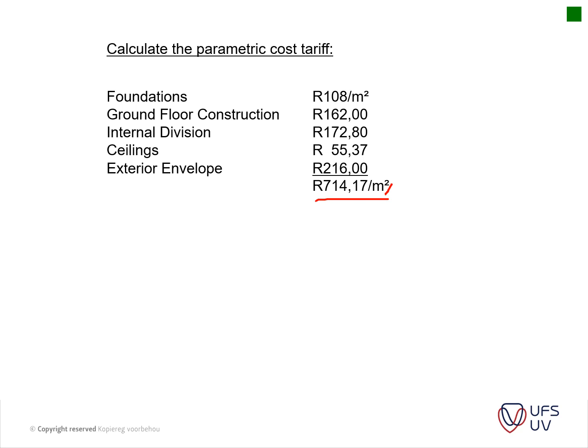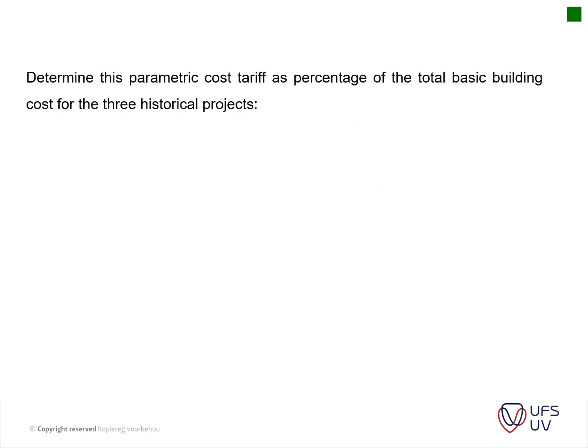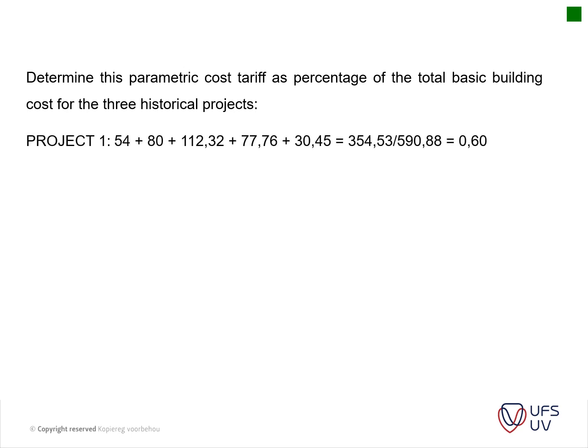Okay, so the next step is to actually identify the items. Determine the parametric cost tariff as a percentage of the total building cost for the 3 historical projects. Firstly you go and add your 5480, this is now from your project 1. You go and search for the items that you have in your parametric cost total, the items that your colleague actually identified and could do. Now you go to your historical project 1 and you calculate what those items were and you add them together. Okay, and then you divide it with your